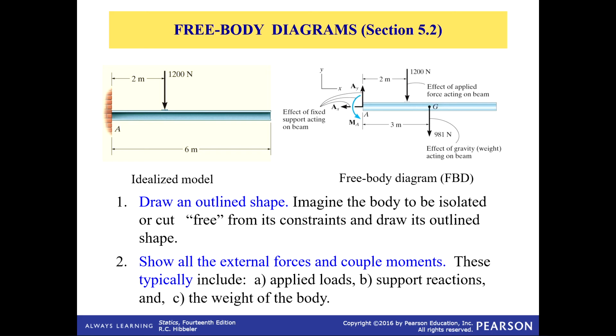If the weight is negligible, which it doesn't say here, then you can neglect the weight. However, in this particular case, it looks like the weight of this beam is 981 newtons, which is pretty large compared to the force that's being applied. So the weight is always applied to the center of gravity, which for a rectangular shape is dead in the center of it. So you draw your shape, get rid of the wall, or get rid of the connection to